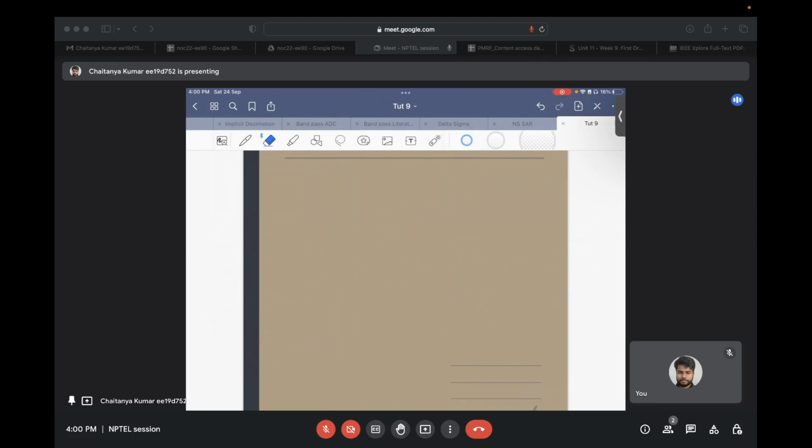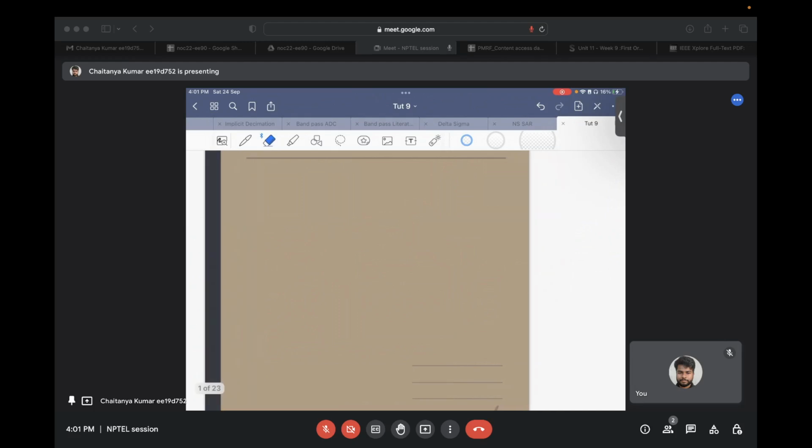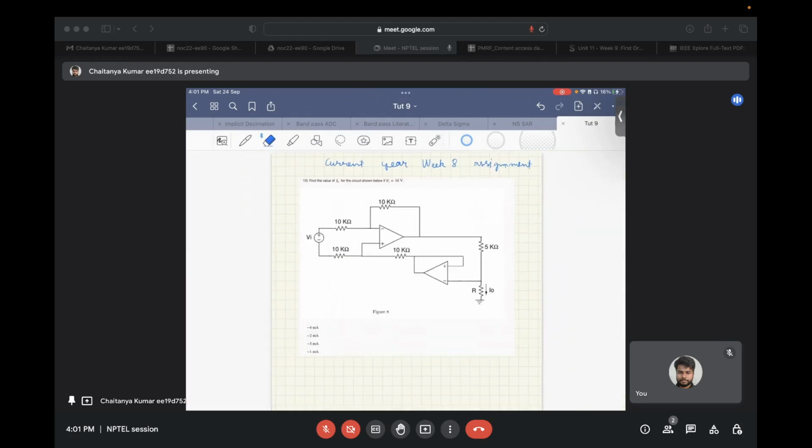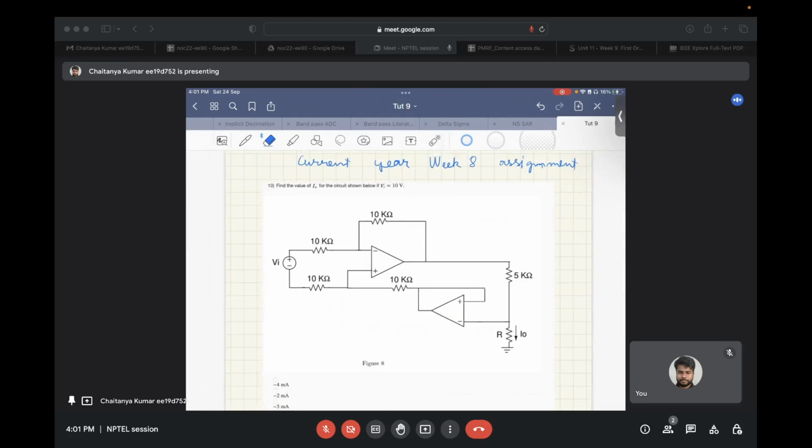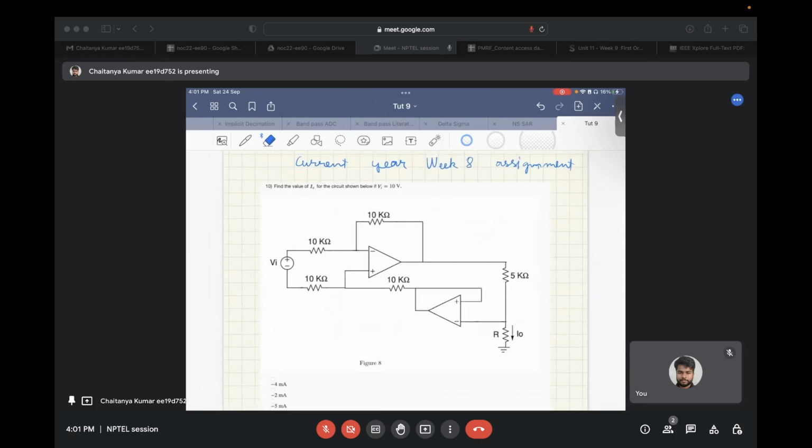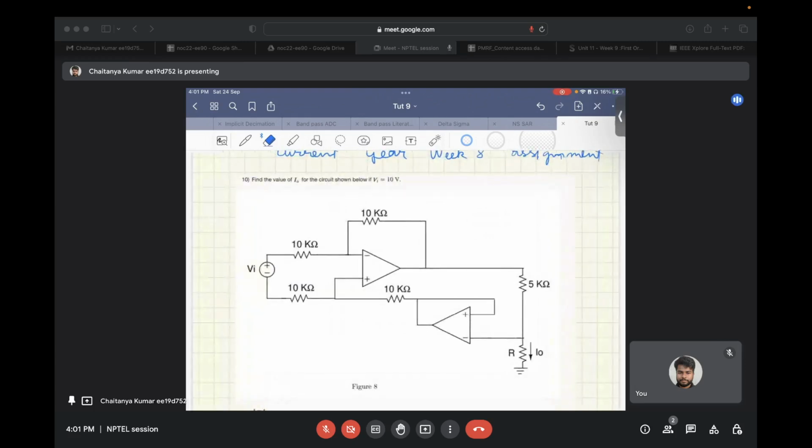And in today's week, we will solve a few problems of current year's week 8 assignments, that is on op-amp and negative feedback. And after that, we will practice a few questions of week 9 assignments, that is on first order circuits. So let's begin with it. So first of all, we start with the current year's week 8 assignment. We'll go through the questions that were uncovered in the last